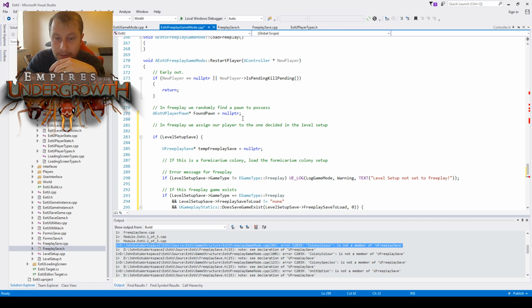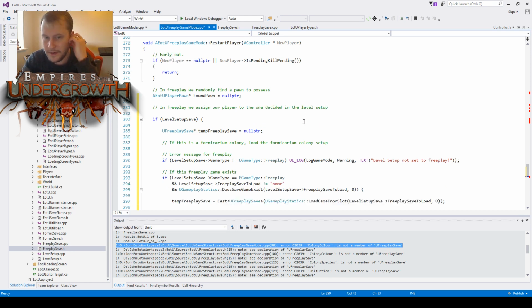This is basically the steps that the game goes through when it starts, and there's all sorts of stuff going on here. But at the moment, all I'm trying to do is this: a new player is being restarted on the map. Instead of the player just being shoved in a random colony, I'm trying to put them in a specific colony, and then I'm going to control the random element of it elsewhere. Because we want them to start in a random colony, but